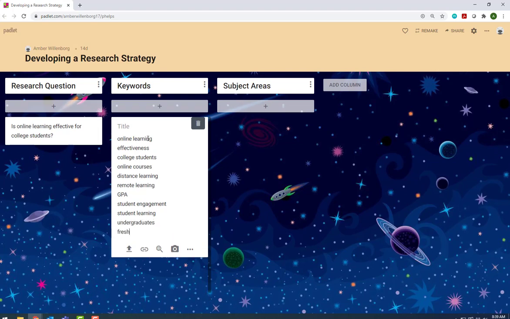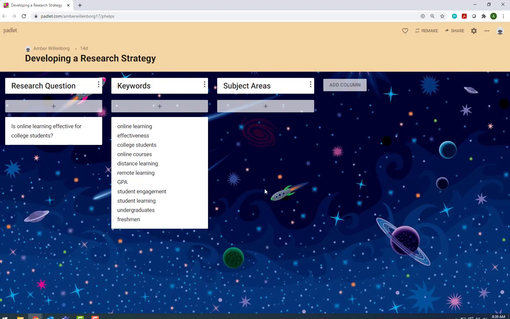Brainstorm as many keywords as you can. Having more keywords gives you more options for your search, so you don't get overwhelmed or stuck when you start searching. Now that we have a list of keywords to help us search in library databases,